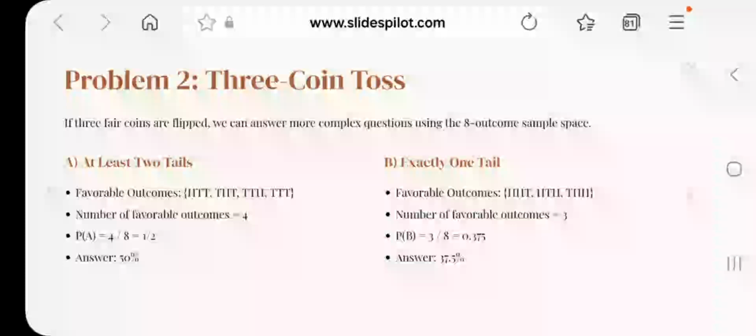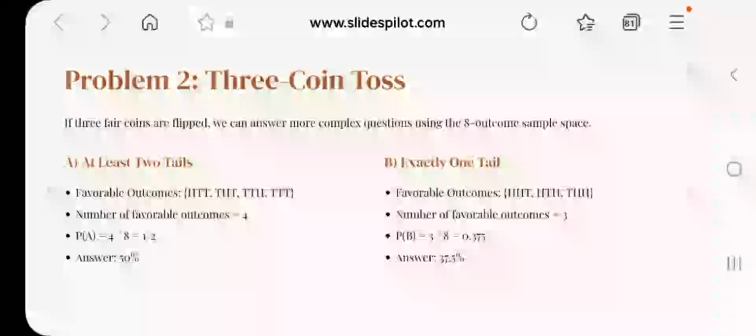And if we multiply that by 100, that means that there's a 37.5% chance of getting exactly 1 tail if 3 coins are flipped. So those are some simple examples of how you can calculate the probability of an event